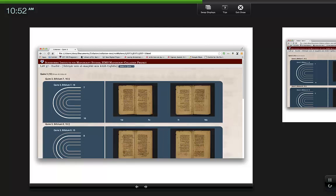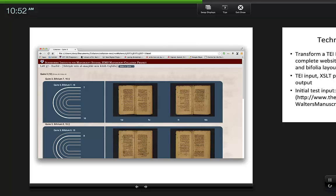And then this last one is the most recent thing that we've been doing: looking at how we can use this to view manuscripts that read right to left. So this is an Arabic manuscript from the Penn collection, LJS 37, and it looks the same. In fact, I was just talking to Alberto yesterday, and the one thing that I think we need to do is to flip the diagram so it goes the other way. So right now, if you're looking at this,